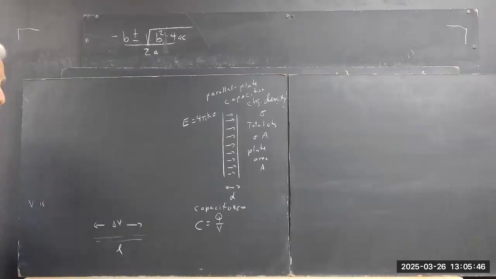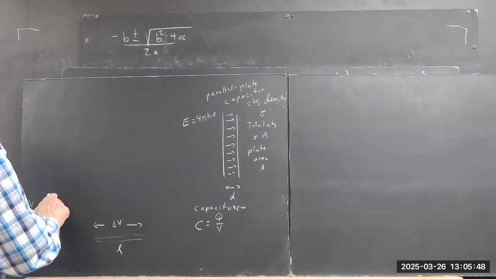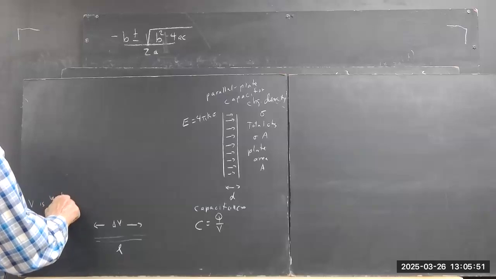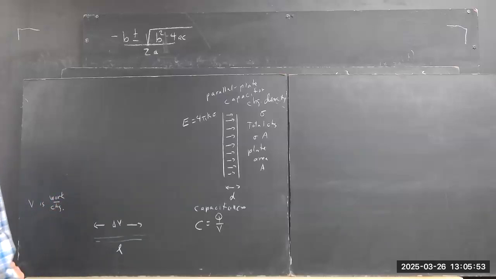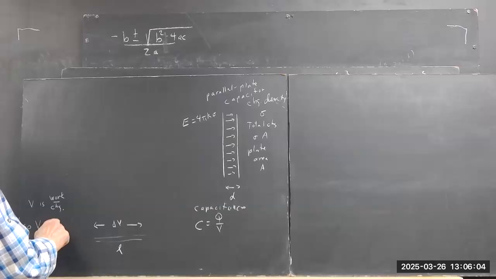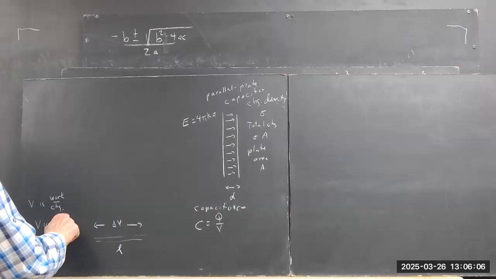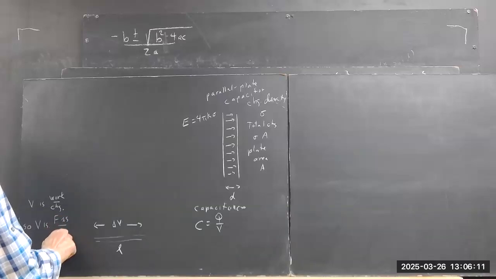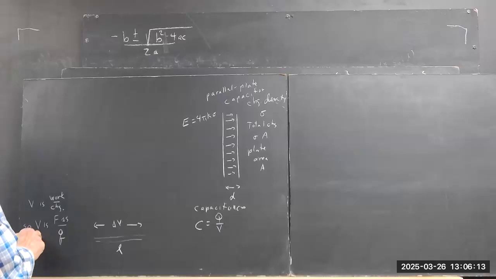It's joules per coulomb, which tells you it's work over charge, right? So voltage is force times delta S over Q,